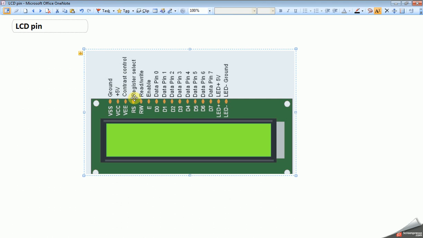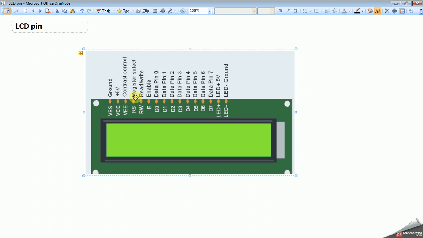And next is register select, that is the fourth pin. Before discussing this register select, first let's understand what is LCD command and what is LCD data.